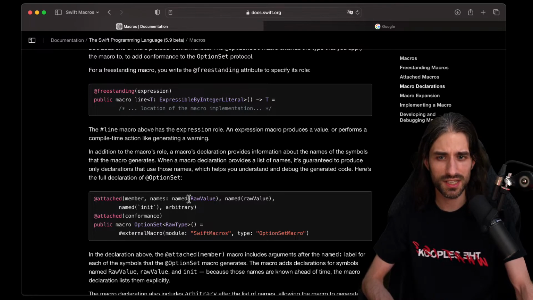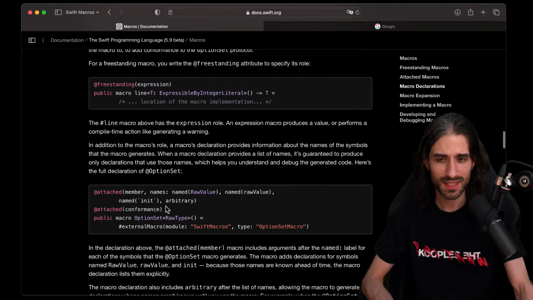Okay, so it's the names here. So it's going to generate a name called rawValue, another name called rawValue. So what they call names, I guess is maybe what we often call identifiers. So okay, it's going to be init. What's interesting is that we have arbitrary at the end. So does it mean that it's going to generate this plus anything else that it wants?